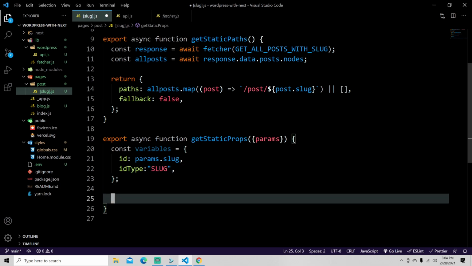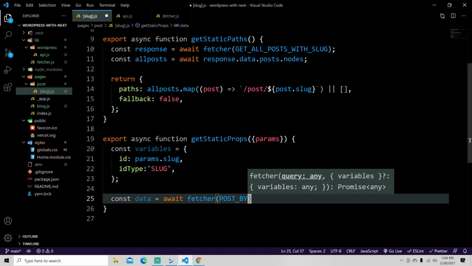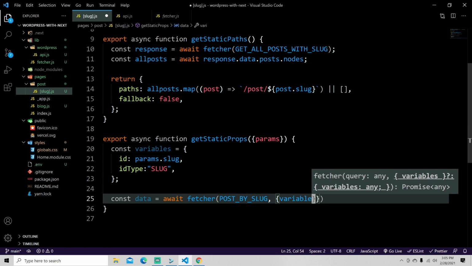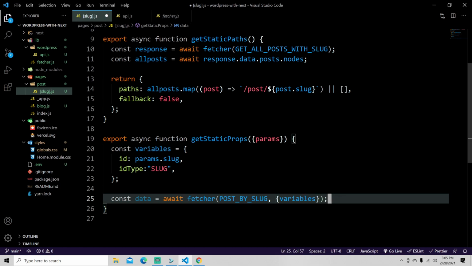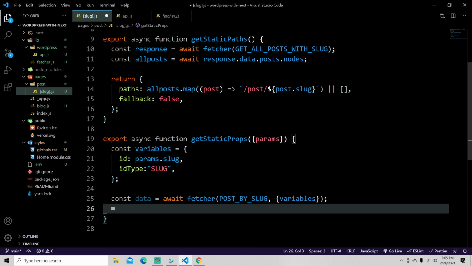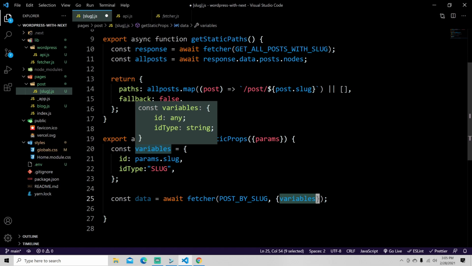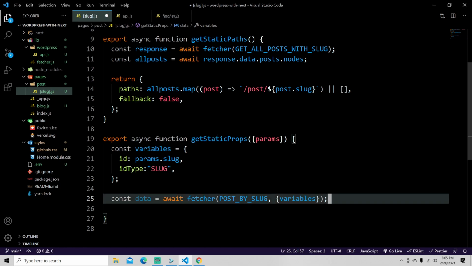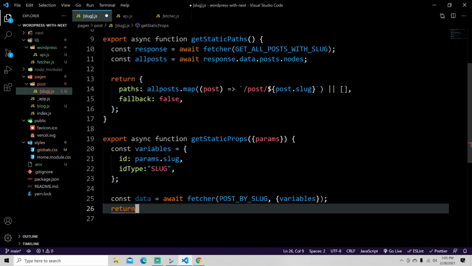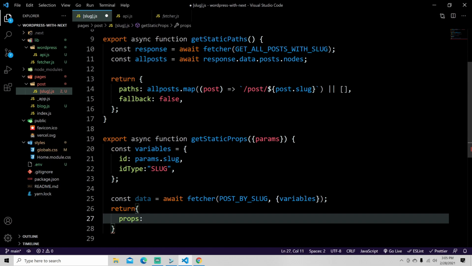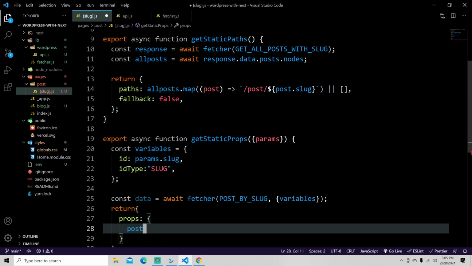So there are our variables. Then we can use these variables to actually make the request. So we can say const data equals await fetcher post by slug, variables, and that will send in our post by slug query with the variables that we created here, and that will return back our post data. So then we can do return and say props, and then we can say post data